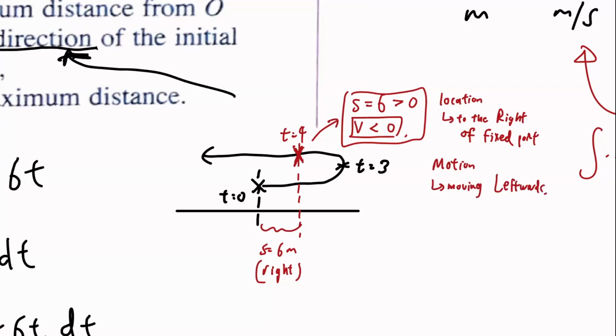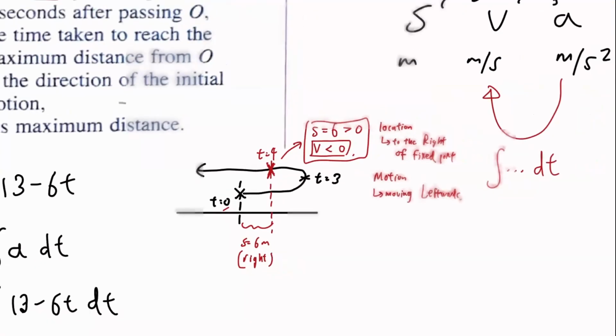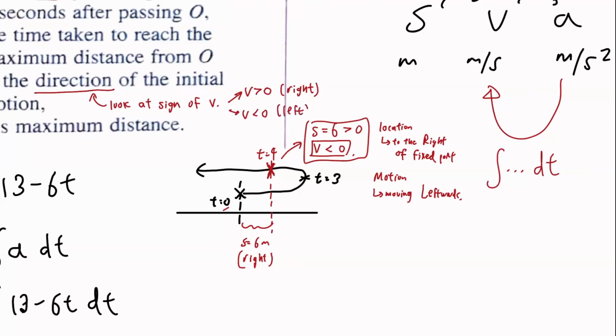The question here when you're asking for direction is what direction is it moving towards? Moving to the left or to the right? So the answer to this one is look at the sign, not sine 30 degrees, the sign of V. V more than 0, moving to the right. V less than 0, moving to the left. Okay, anyways,